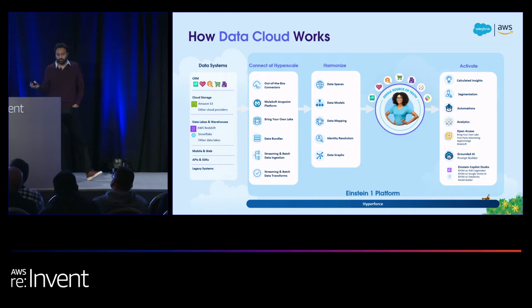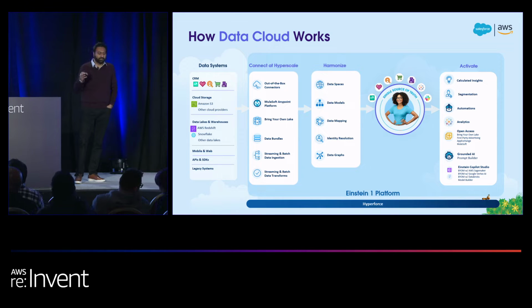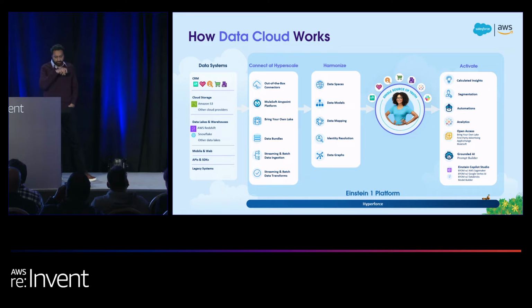We allow you to bring data from hyperscalers, cloud storages, AWS Amazon S3, Google Cloud Storage, Azure, as well as being able to bring your own lake, connecting to these data lakes and warehouses to bring the data without doing any extract, connecting to the data in place. And of course, we have web SDKs, we have ingestion APIs, and we also allow you to connect to legacy systems through MuleSoft connectors, through which you are able to bring all of the data from an SAP system or Oracle